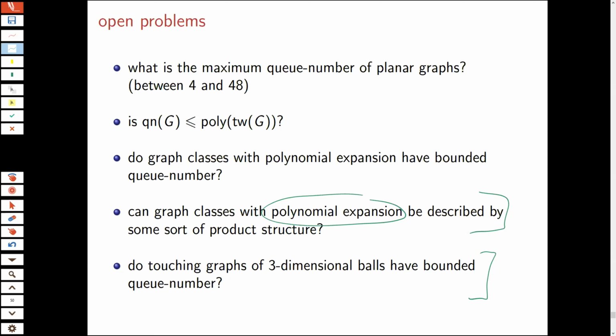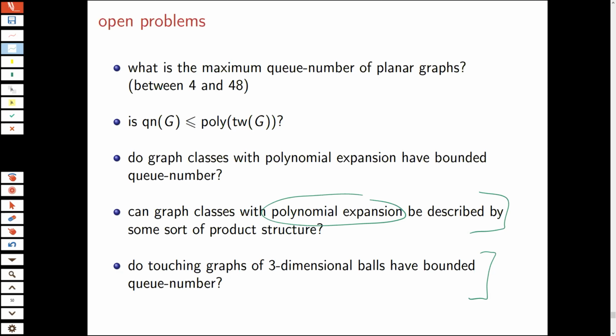There's something called K gap planar, which is in between K planar and K quasi-planar. It says that every crossing can be charged to one of the two edges, and each edge gets charged with at most K crossings. So that's another nice class, and we don't know whether they have a product structure theorem or even a bounded Q number. Is that right? Yeah, we don't know that.